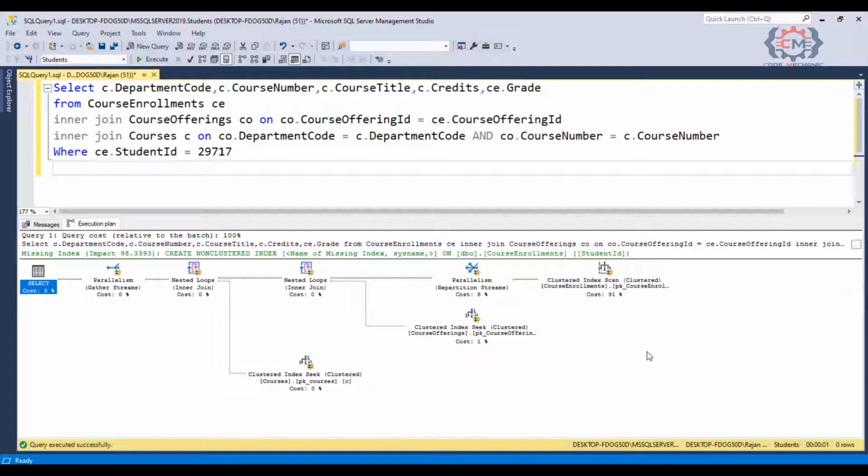What SQL Server has done is it's taken our statement and broken it down into the individual steps that SQL Server is going to have to perform when it executes this statement. And each of these steps is represented by one of these icons that you can see down here at the bottom. Now, you might have a question: how did SQL Server arrive at this plan?